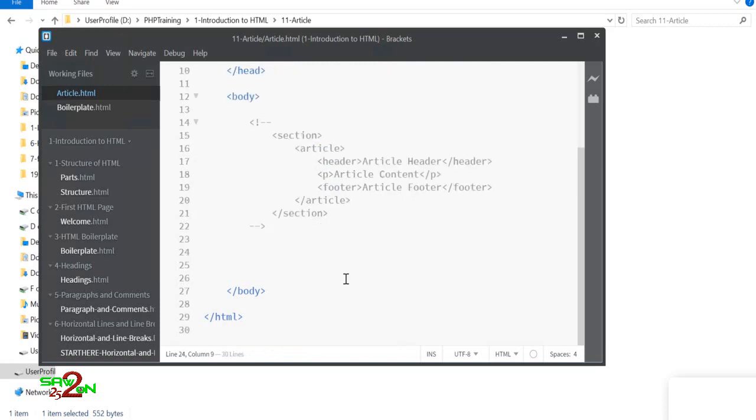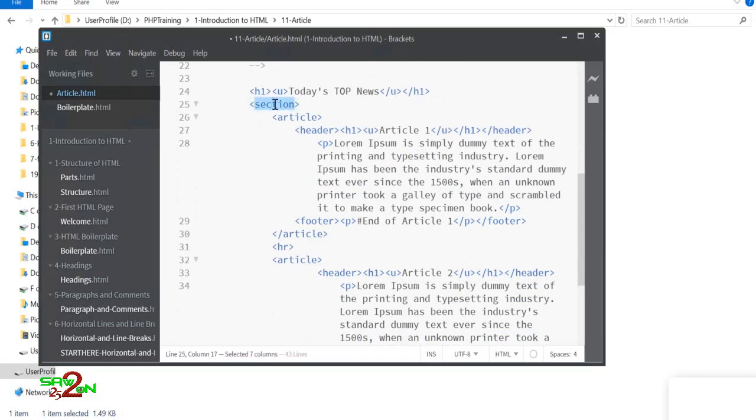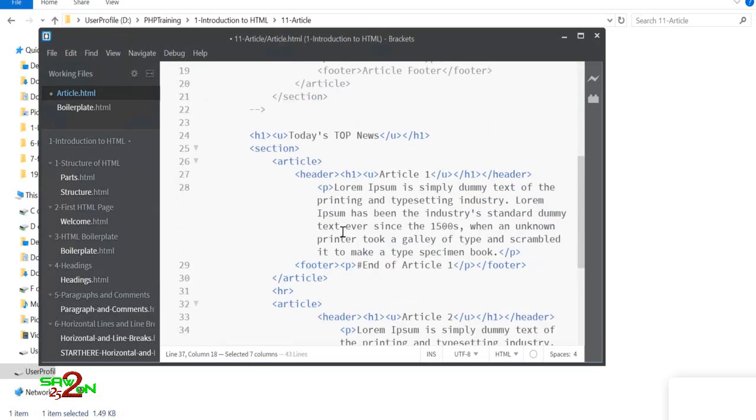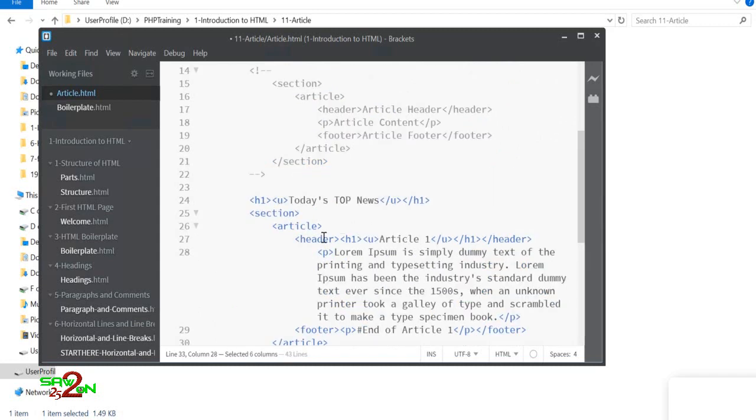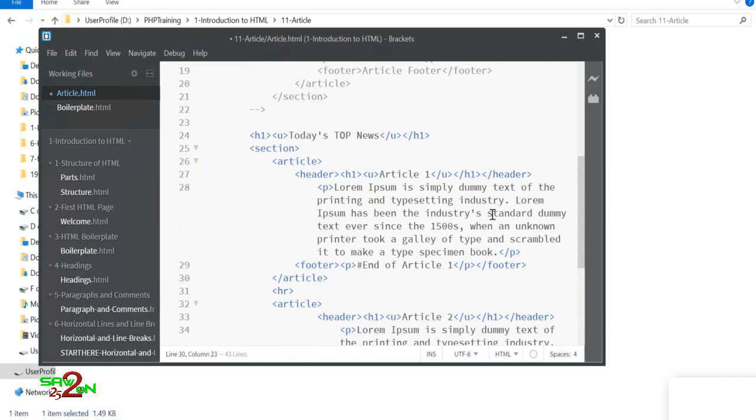I'm going to copy paste some of the articles here. I'm not doing anything fancy here. I have an h1 tag and I have also used an underline for the h1 tag. Then I have used my section top and bottom, that's the opening and the closing tag. And for each section I have two articles, article 1, 2. Okay, and for each article I have header. Just to show that I have heading here, and heading I have placed under an h1 tag, and then I have a footer and I have placed under p tag. Then I have my actual article, that is the lorem ipsum. Right, so this is a standard way of writing an article in HTML.